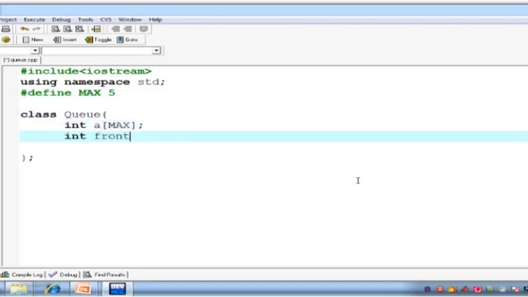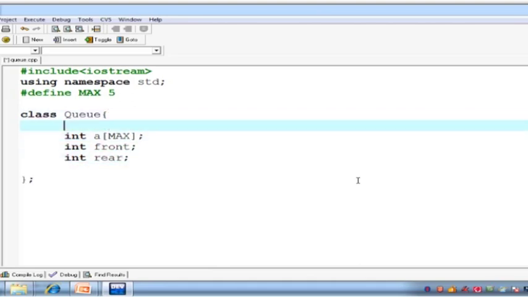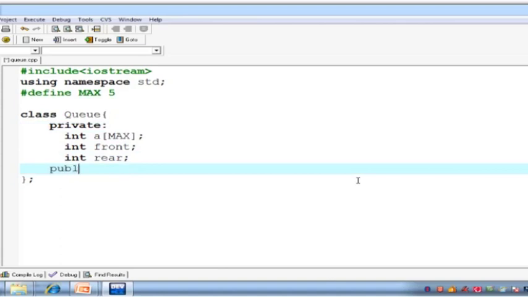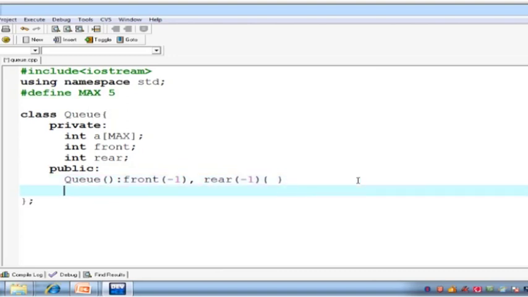Integer front and integer rear, so ये दो values हमने ले ली हैं, and these are the private data member of the queue. Public data member. So public data member में हम क्या करेंगे कि we initialize front and rear with -1, not in constructor. So first we write a constructor and we initialize front with -1 and rear with -1. So that is a constructor, and then there is a function